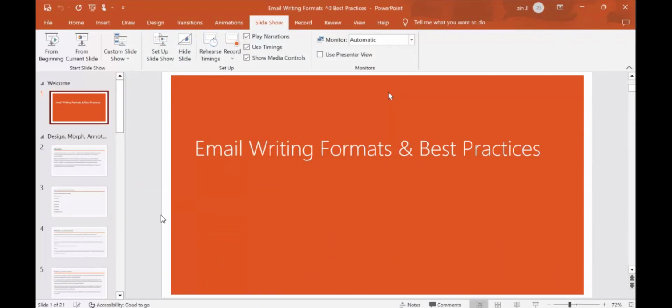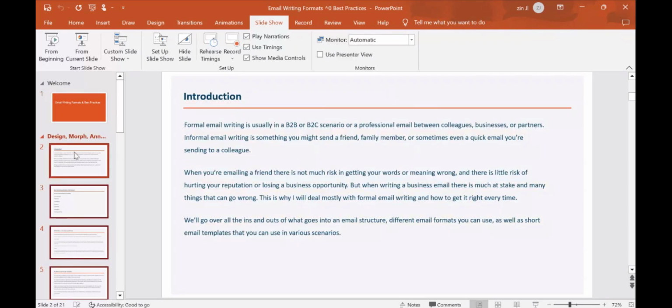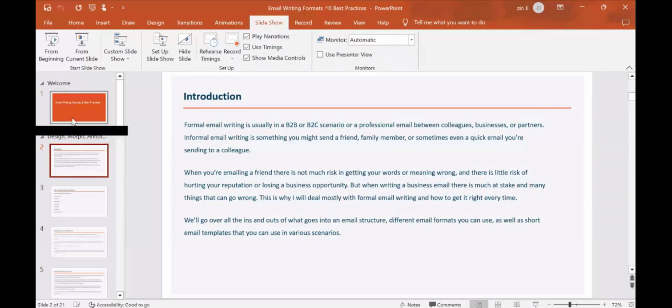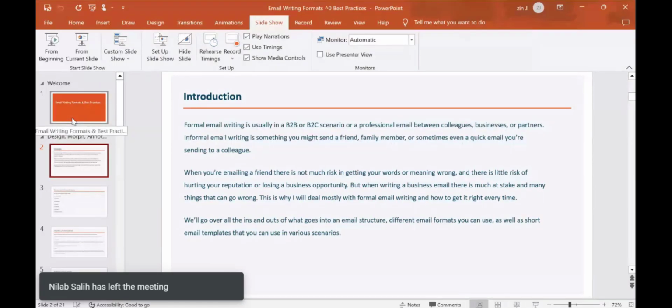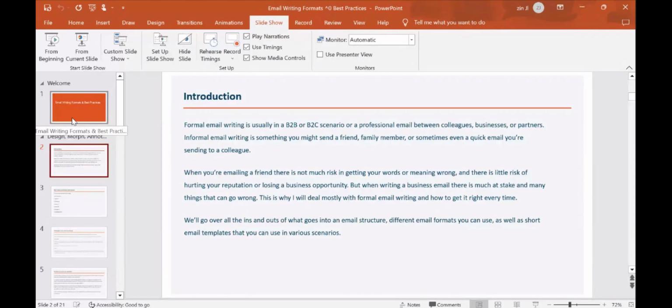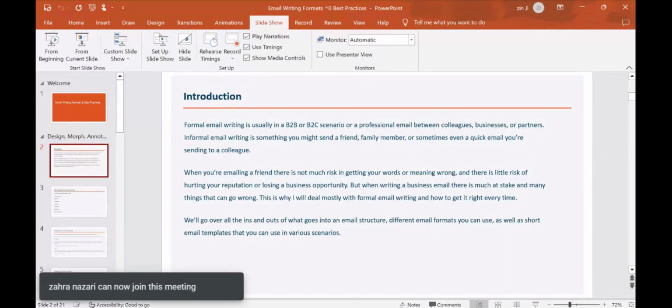Formats and best practices. Now we come across quite a few scenarios in our day-to-day where you're talking to clients, you're talking to other businesses, and email has become a mode of communication between your colleagues, your businesses or different partners.